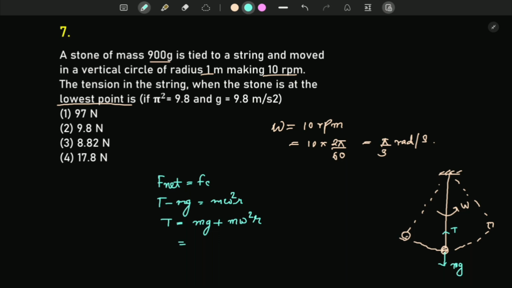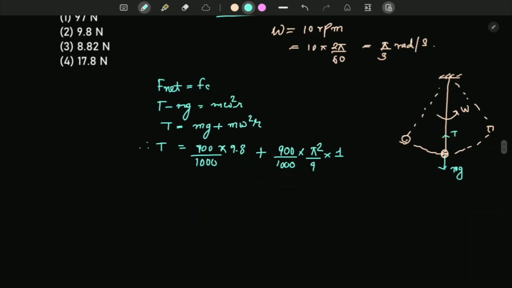Therefore I can say tension T equals, now putting the values, mass is 900 grams, so 900 by 1000 in kgs, into 9.8, because in the question we are already given g is 9.8 meter per second square, plus mass is again 900 by 1000, and omega square, omega was pi by 3, so pi square by 9, and radius which is 1 meter. Now simplifying it further,